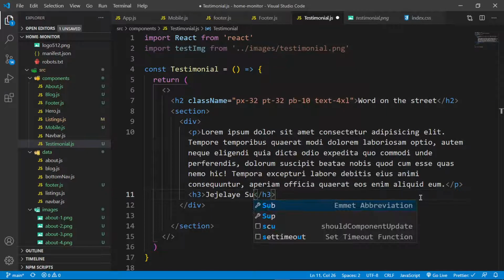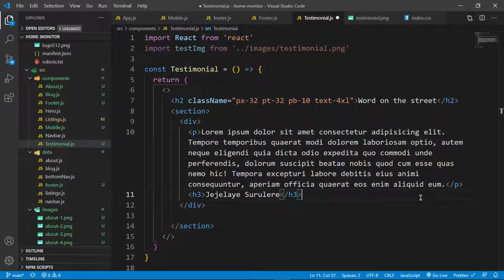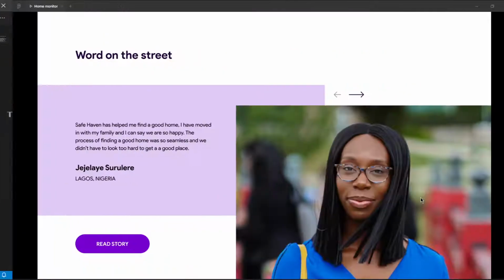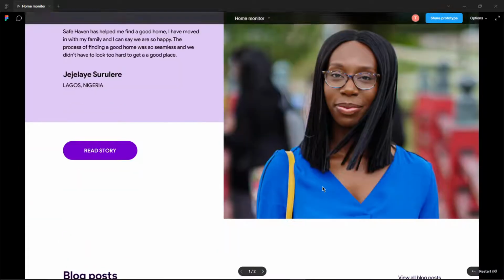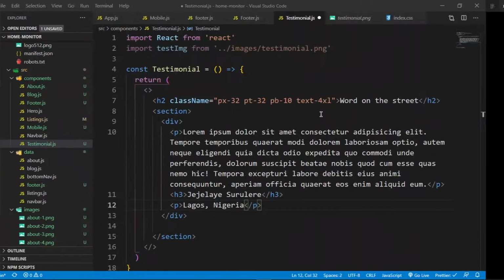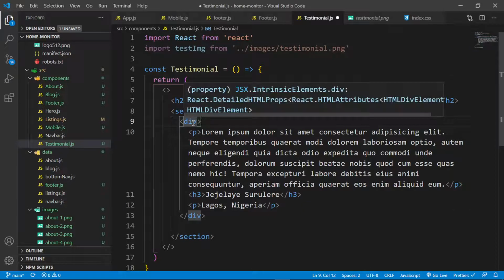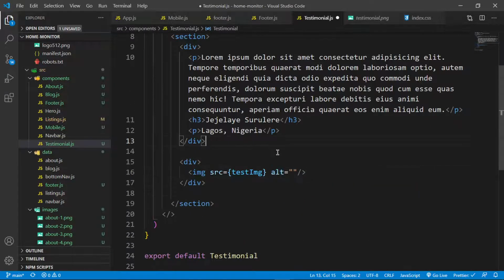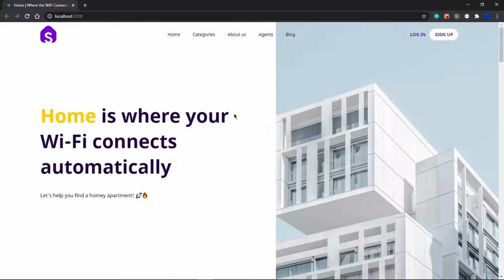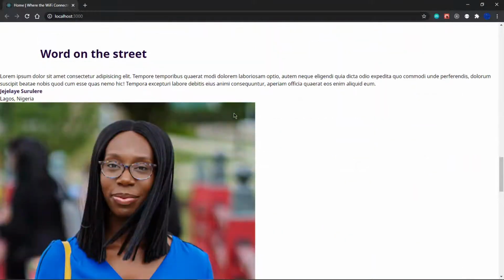And then below this paragraph, I'm going to have an h3 that says the name Jijilaye, like that. And then below this, I'm going to have a paragraph that says Lagos, Nigeria, like that. And then I'm going to now place the image. So not inside this div really, but outside this div, I'm going to have my image that is called test img, like that. So let me save this, and you should notice that now the application works,